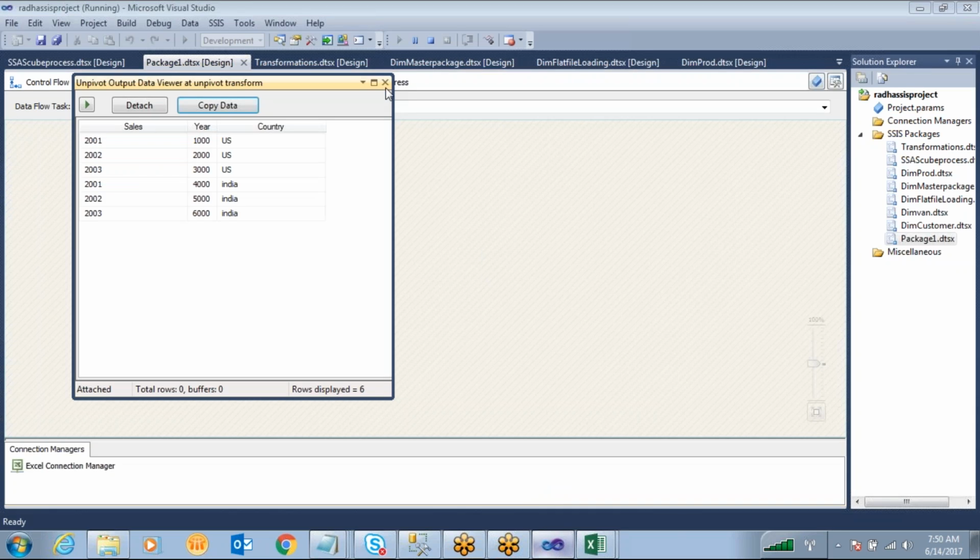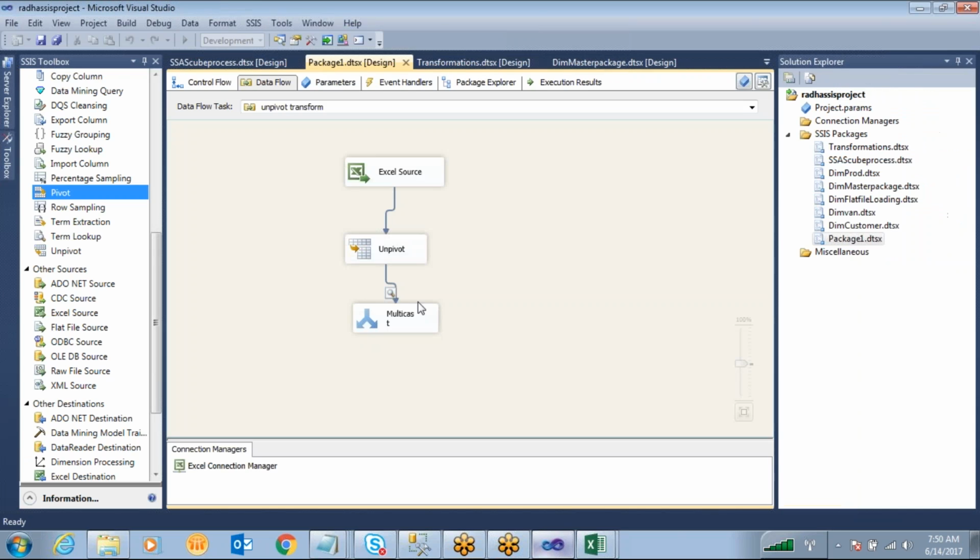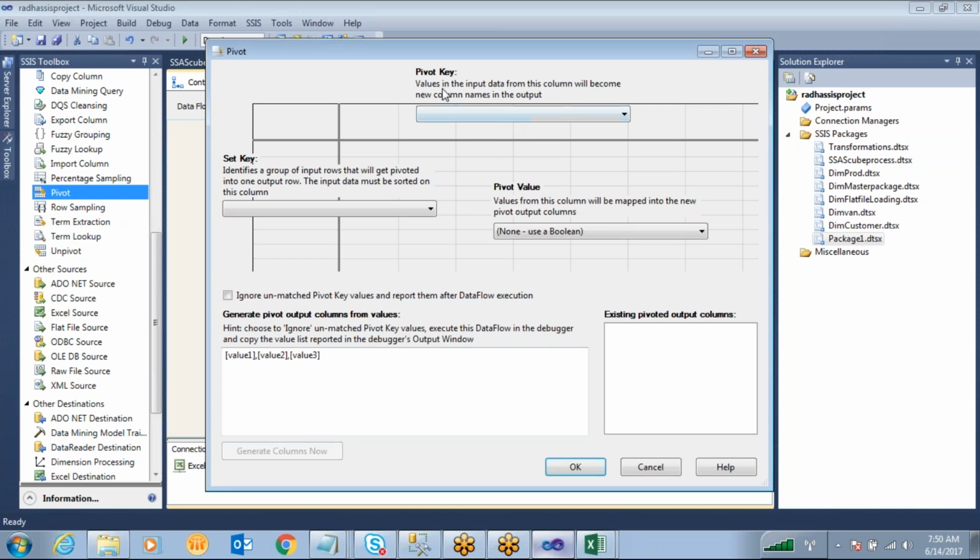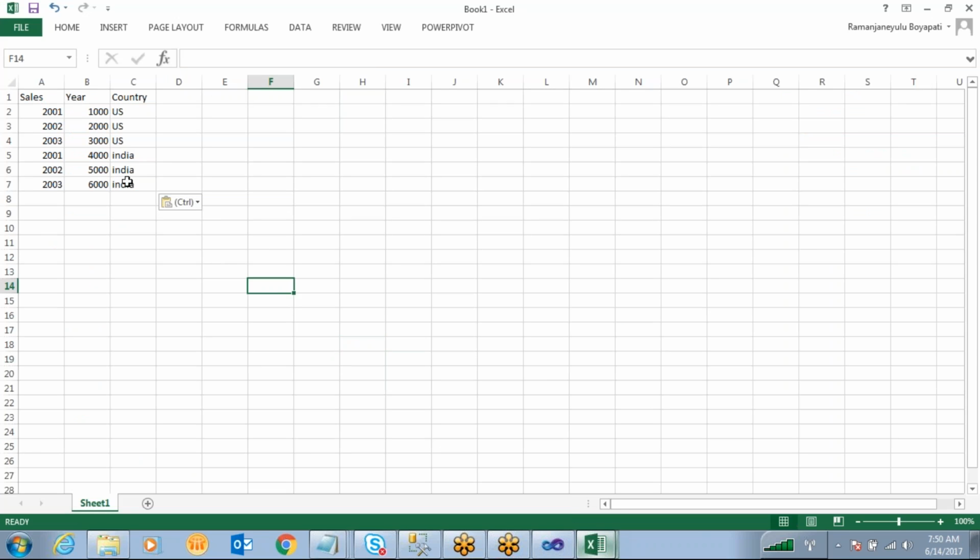So now I'm going to configure this one. Take one pivot transformation, open this. Okay, whatever the column values you want to convert as new columns. So what values you want to convert as new columns? I want to convert this,